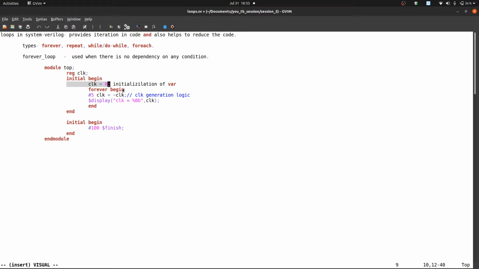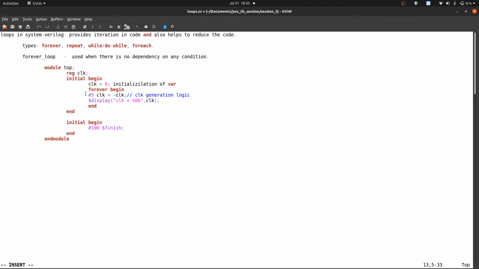After that, forever begin, #5 clock is equal to not of clock. This logic is also known as clock generation logic, right? After that we need a display statement to see the value of the clock.